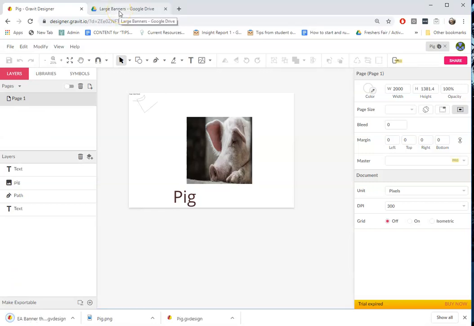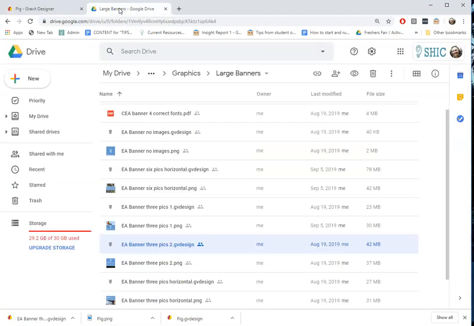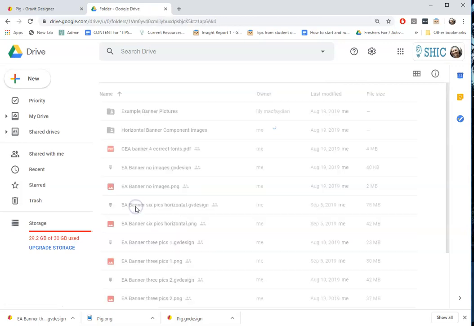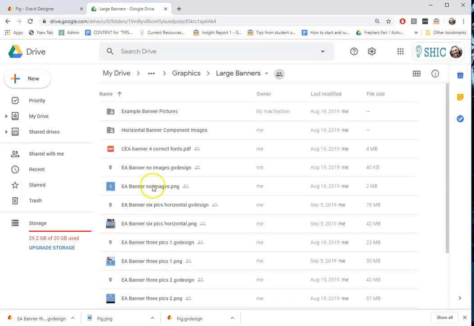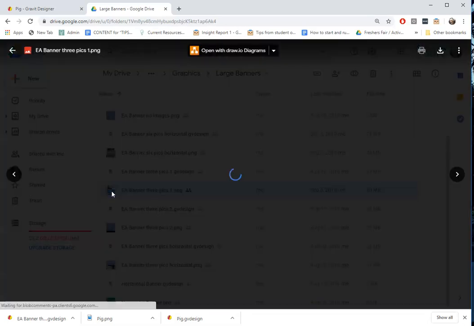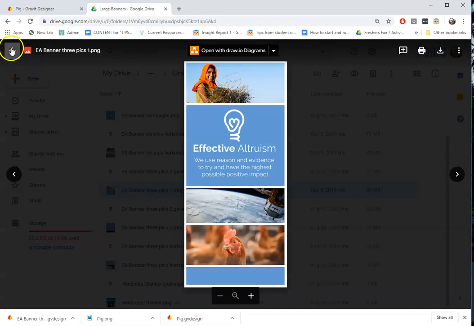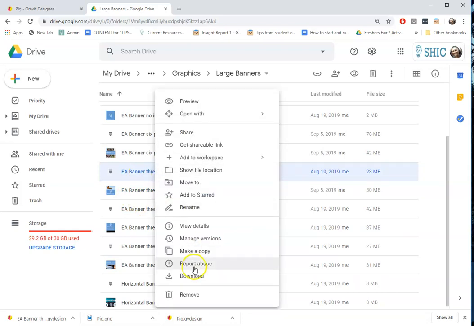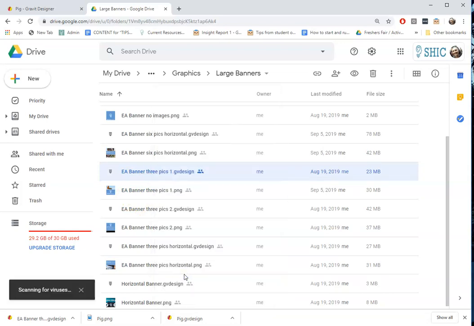But the main use of using Gravit would be to modify other people's files. So for example, on the graphics folder of the EA Hub, there's a bunch of different files already in Gravit. So I could say, well, let's say I would like to have a look at this banner and go, oh, that's nice, I want to change that. Then you can take the relevant GV design file, download it,